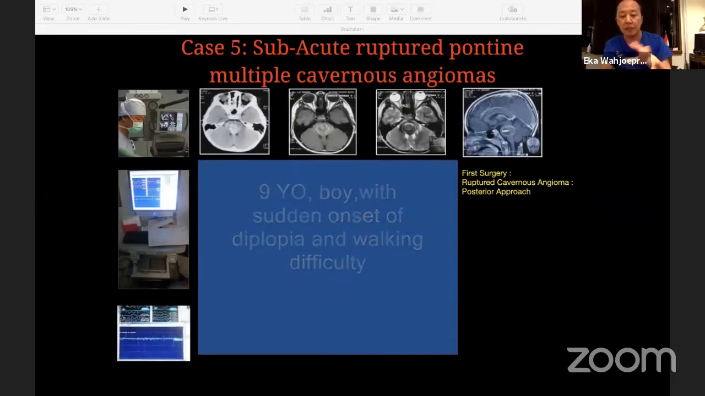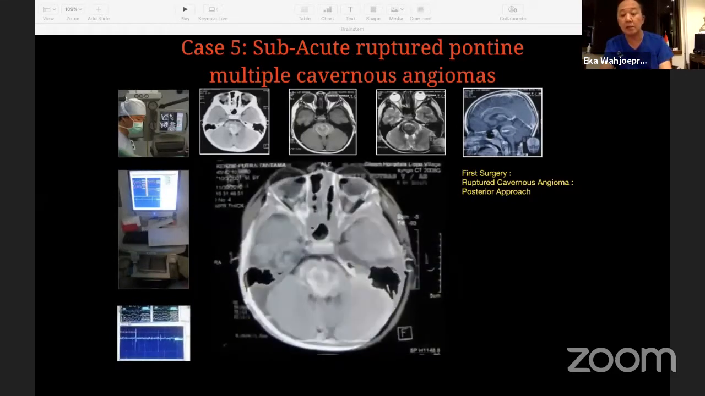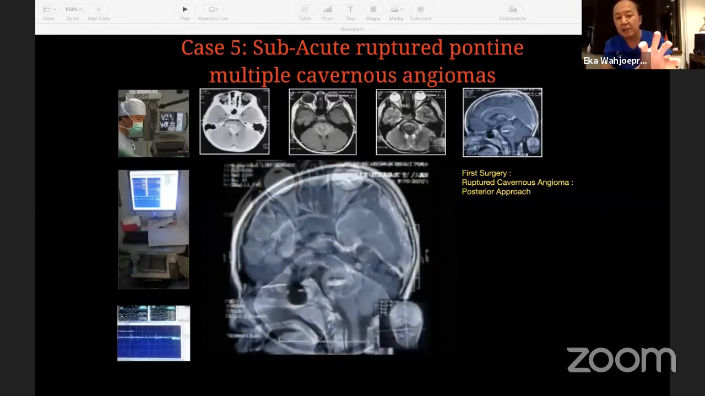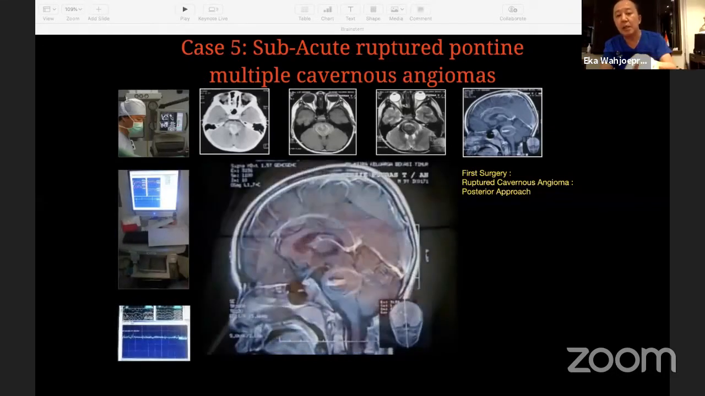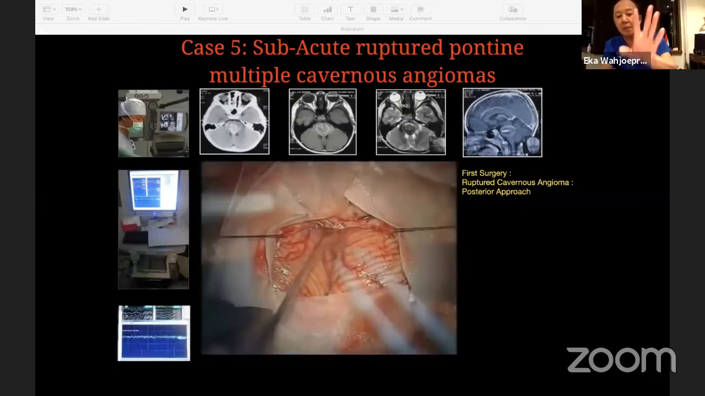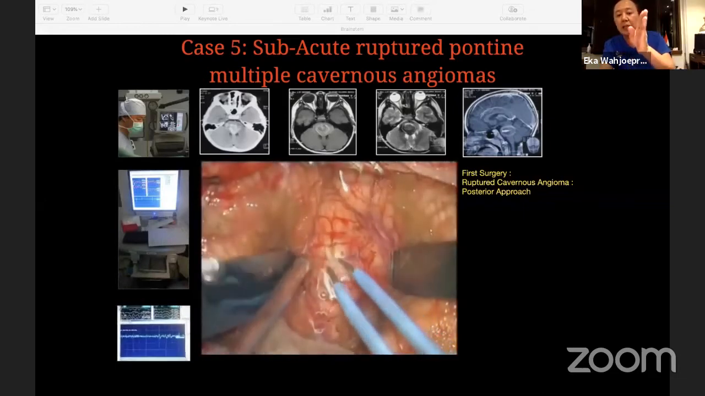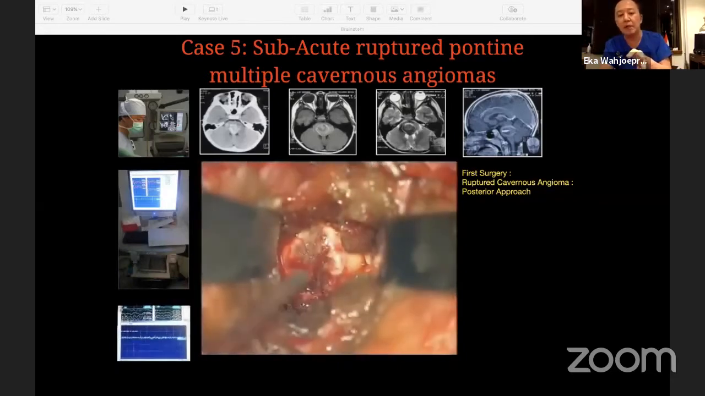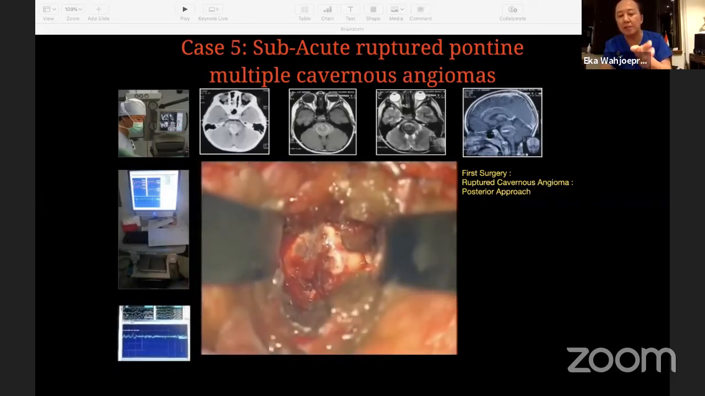So again, this is diplopia and difficulty to walk. You can see here. We will meet the bleeding first, then the cavernoma later. So it's not so difficult. Again, the posterior approach, splitting the vermis about the lower one-third will not be a problem. We don't have any case of mutism